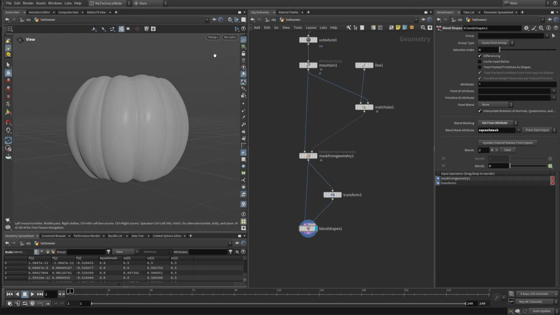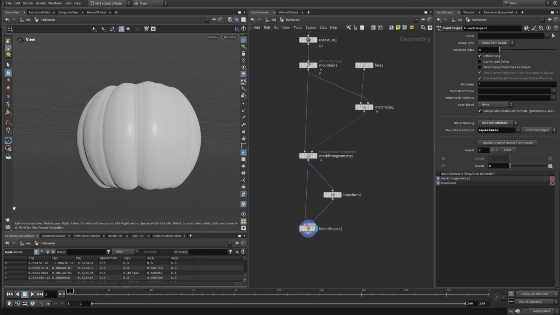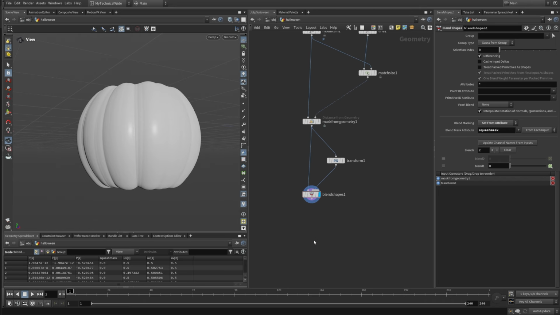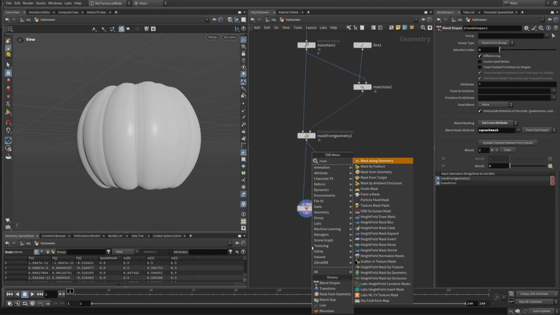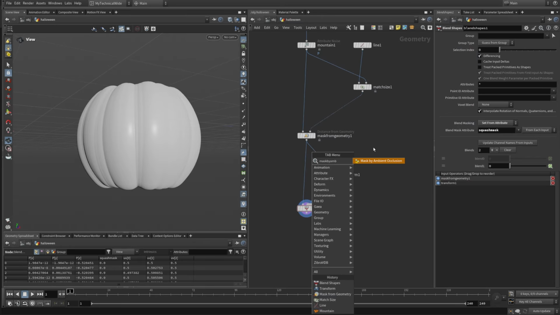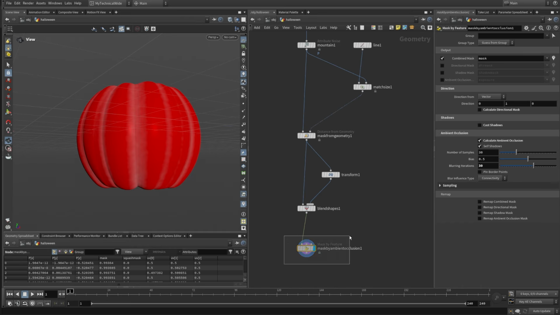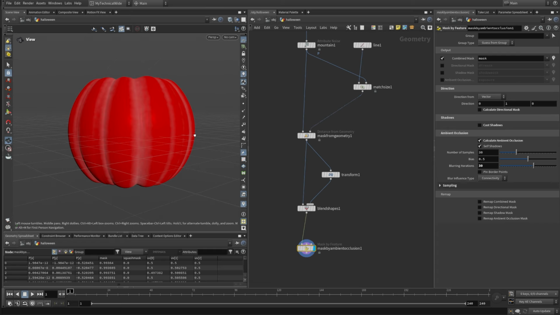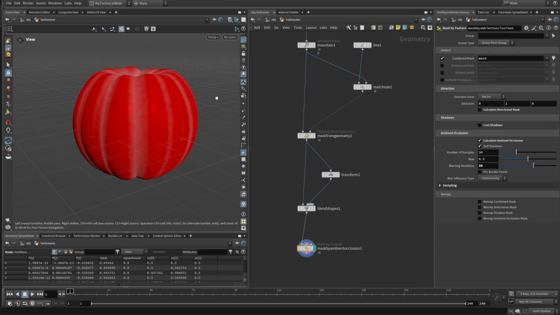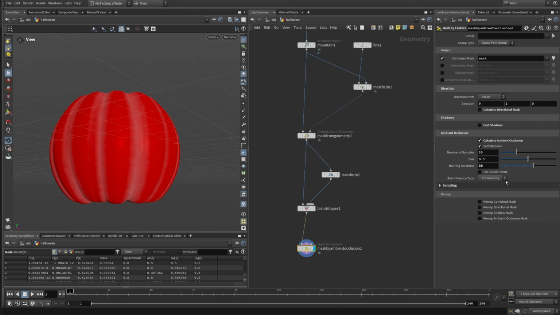And then obviously if you want the cuts to be deeper, let's go to the smooth shaded view. You can see the cuts are now pretty light. We can use another mask. We can create a mask by ambient occlusion, so it will capture some interesting details. So let's put a display flag here, so you can see it basically captures every part of the pumpkin, but the cuts, we are actually going to invert it, and then we're going to push those areas more. So let's turn on remap ambient occlusion mask,